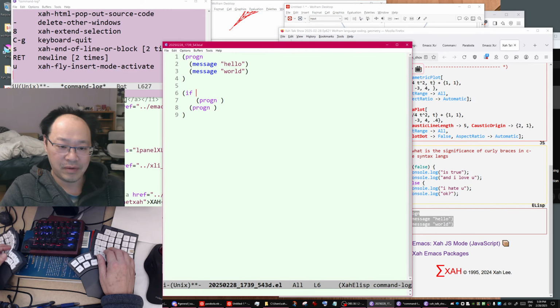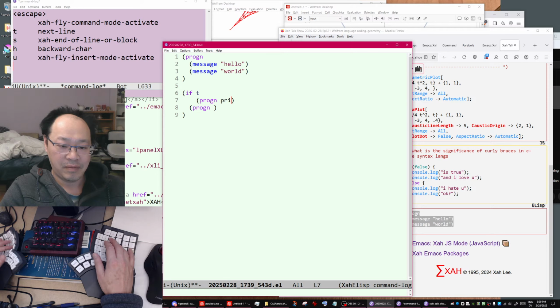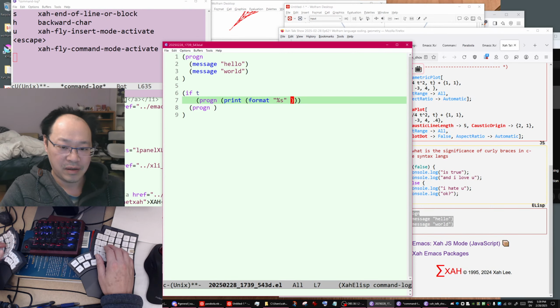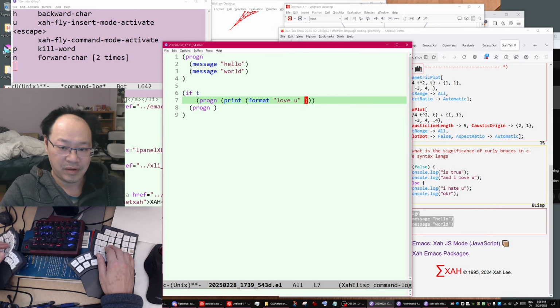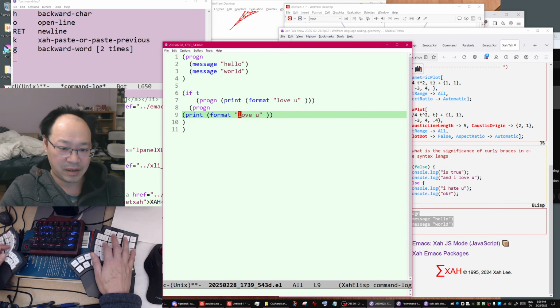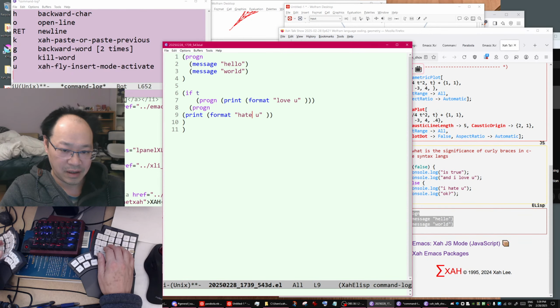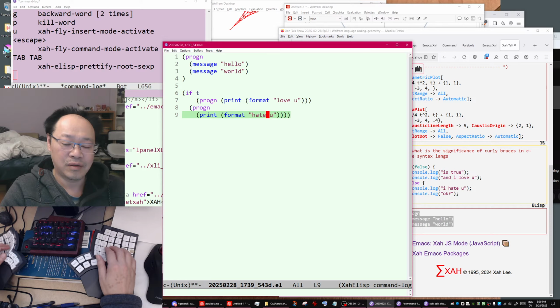If true, then print I love you. Now if false, print I hate you.